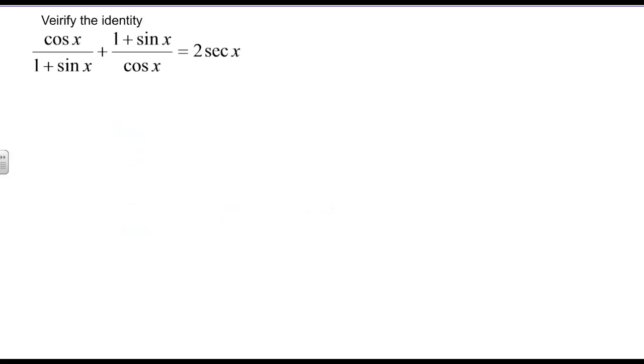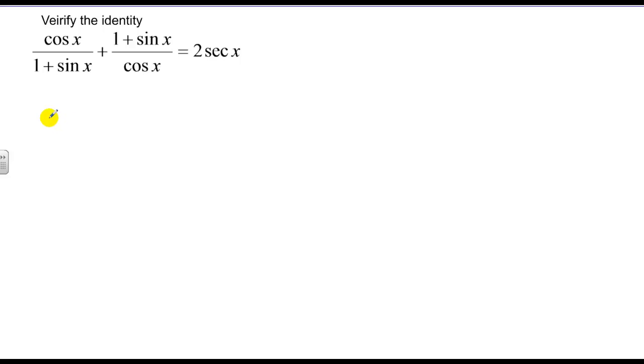Here's another one. We're trying to get 2 secant of x, which is really the same as 2 over cosine. So if I can get that, I'm happy. I notice I have a cosine in this denominator, so at least there's a start. But I'm asked to add these two fractions together, and I can't add them together unless I have a common